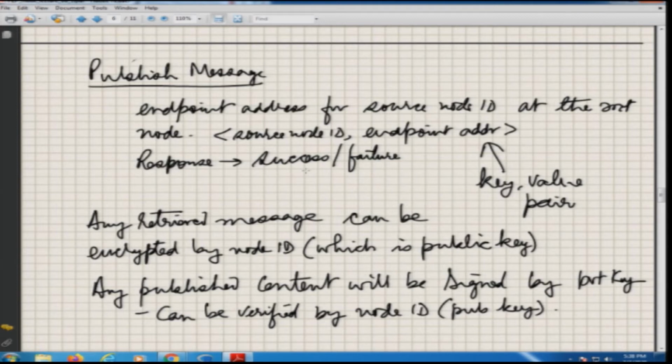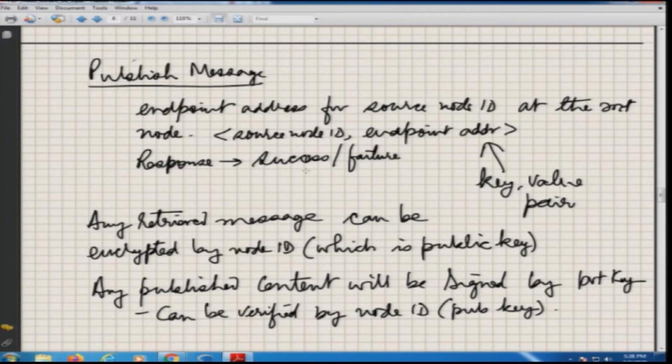and any of the retrieved messages can be encrypted by the generator through my public key, so that I am the only one who can decrypt it using my private key. Okay. So, that is typically where messages through the message store can be transferred; we call it intermediary based transfer of the messages, while keeping them encrypted and secure. And of course, any published content which is coming to me has to be digitally signed by the sender. Okay. So, I can verify who sent it.